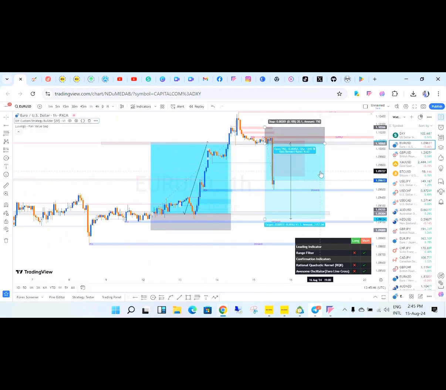I don't want to explain what fair value gap means in this video, I don't want to explain how to use this indicator here. Probably in the next video, I'll be talking about that because I don't want this video to be too long. So this video just tells you the settings concerning the DIY custom strategy builder. Okay, so it's good for both beginners and